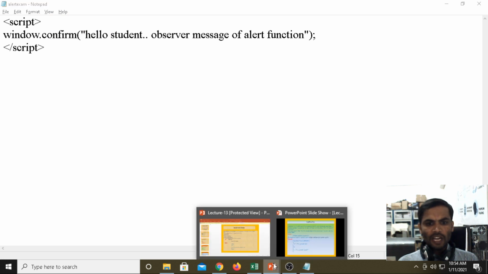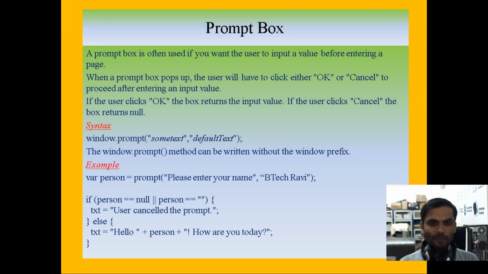Then the last one we have is prompt. Under the prompt also, at runtime we can assign the value.